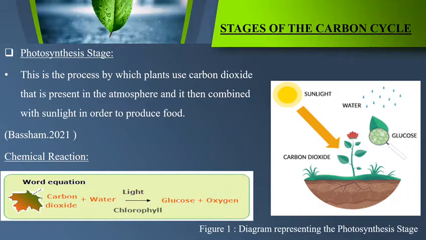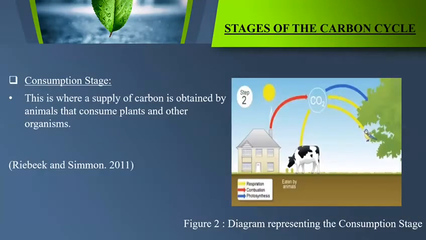The chemical equation for photosynthesis converts carbon dioxide and water with the help of light and chlorophyll in order to produce glucose and oxygen. Then there is the consumption stage. This occurs through the use of food chains and food webs where carbon molecules are consumed by organisms. For example, plants make oxygen for animals to survive, while when animals die, they decompose and become natural fertilizers for